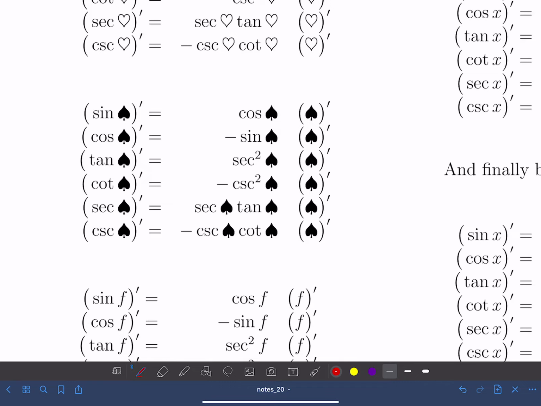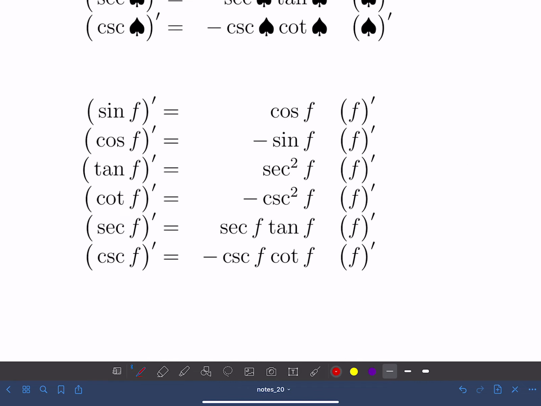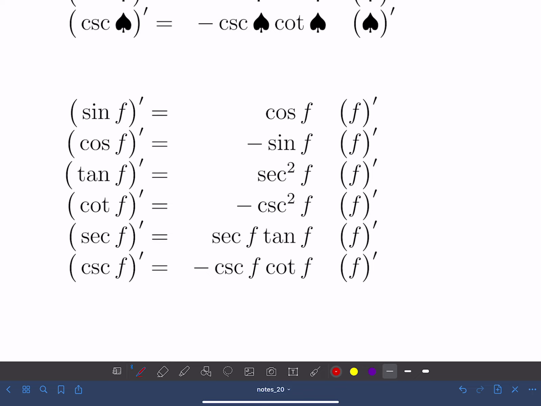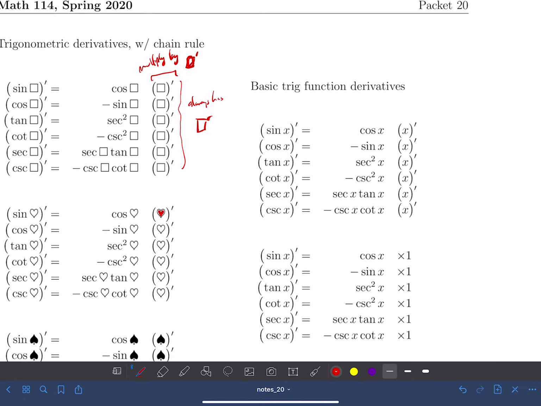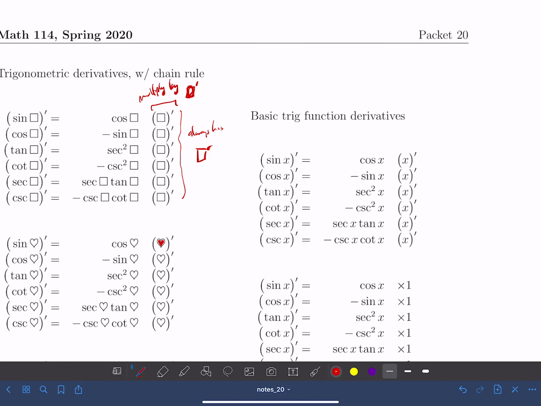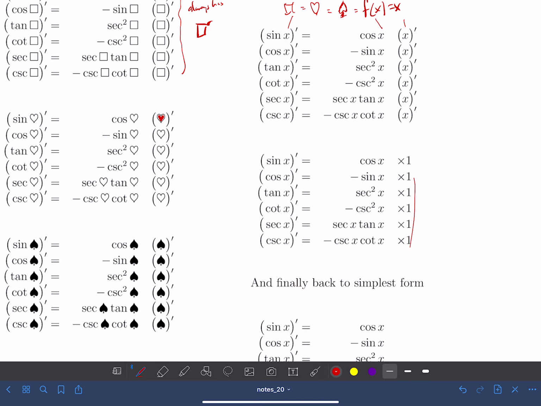Spades are fun. It's also cool if we name it a traditional name for a function. So f, and I omitted the of x or of whatever it happens to be. And in the case that we have here, the inside function, which would be called, say, square or heart or the spade, which is really hard to draw because I've never drawn one before, or f, then I just get right here, here's f of x, and when I take its derivative, this thing right here